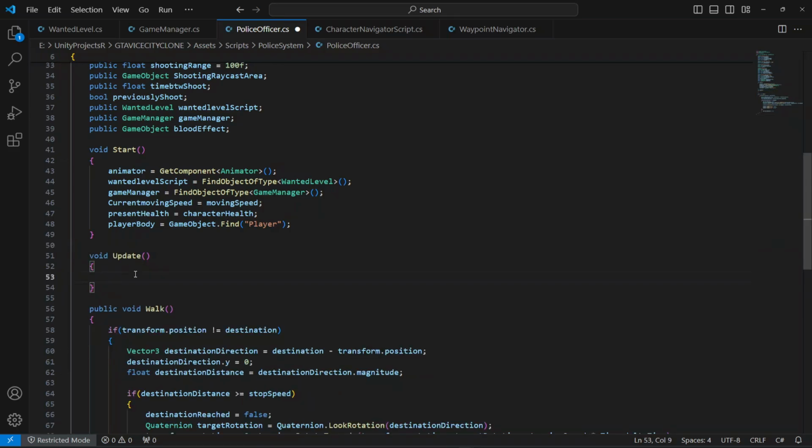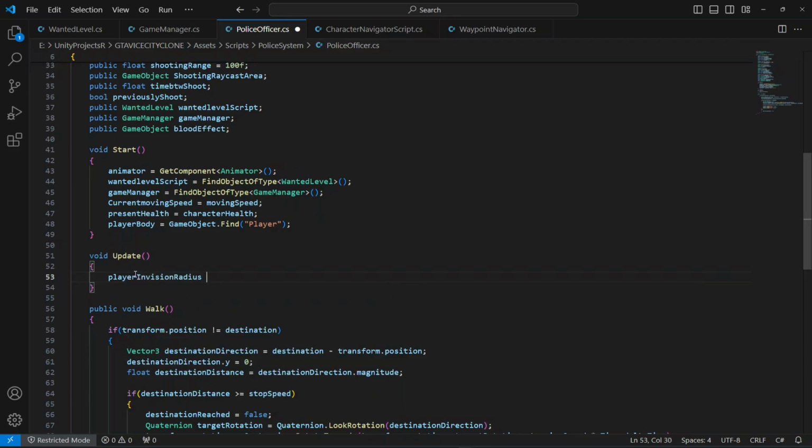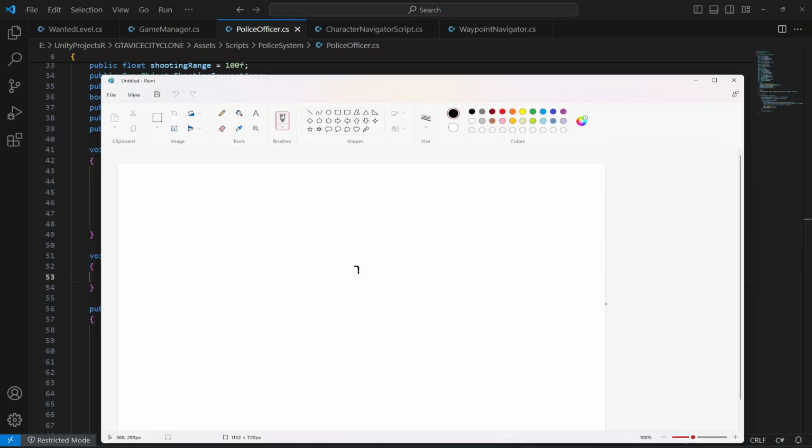Okay, so for giving the vision, first of all, we're gonna say player in vision radius bool should be equal to Physics.CheckSphere. We want to create a sphere around the police officer, and its radius will be the vision radius, and it will only detect the player. So what this line means, for example, this is our police officer, and we are creating a sphere around the police officer, which limit is set by